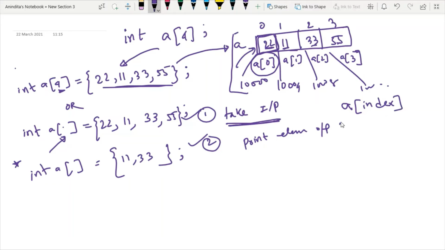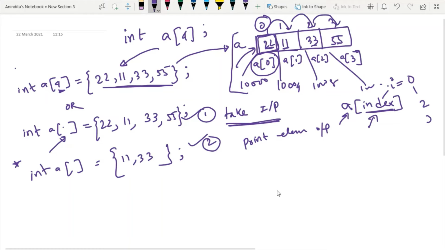So we have to use the array name and then the index value. If this index is denoted by I, the I value starts from 0, then it increments by 1, then 2, then 3, and similarly it moves on. So basically we are traversing or iterating. My point is that traversal or iteration is important while taking input in an array.